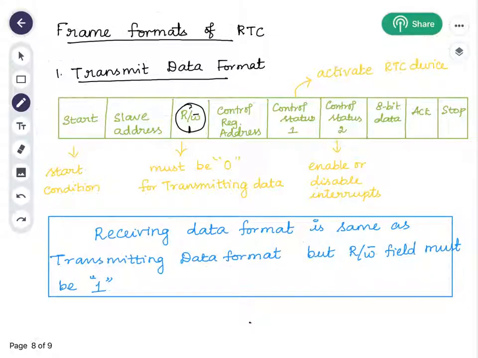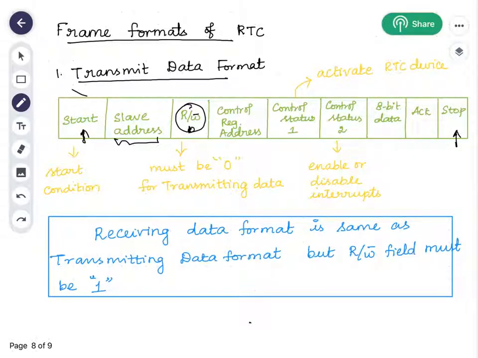So the transmit data format starts with the start bit and ends with the stop bit. In between we must represent the slave address. In that particular slave, what we are going to perform, either read or write. Since it is a transmit, we are going to transmit data to the slave device. We are going to write data in the slave device.